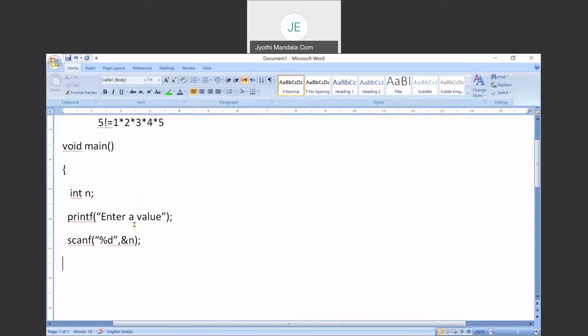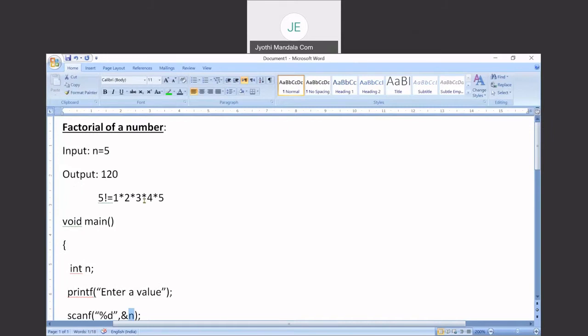Now we have our number in n, and once our number is available in n, we need to write down the logic to perform this task. If you observe here, is there anything which is repeating? This number has to be incremented, and that number has to be multiplied with this number, and again this number has to be incremented one more time, and that has to be multiplied with the already existing number.